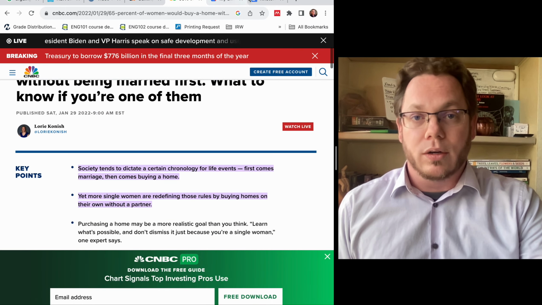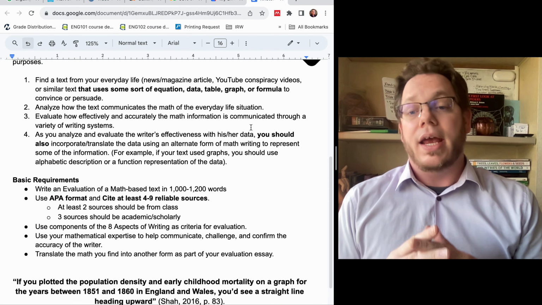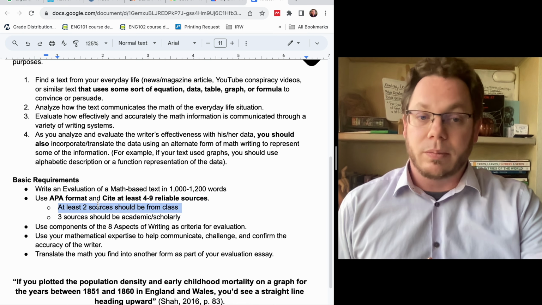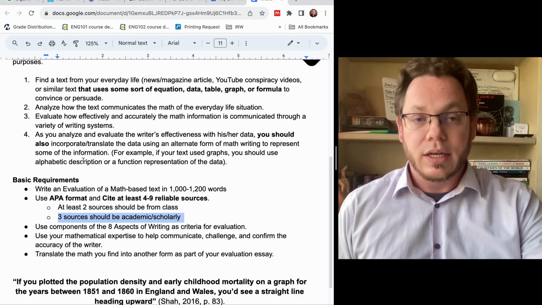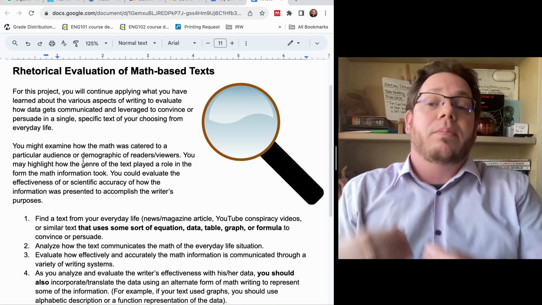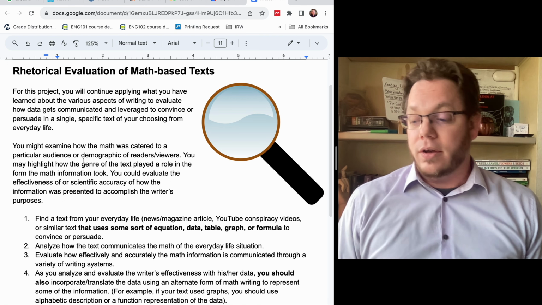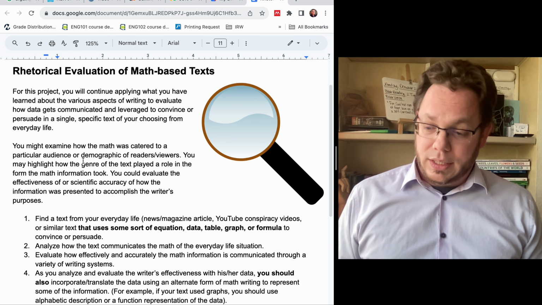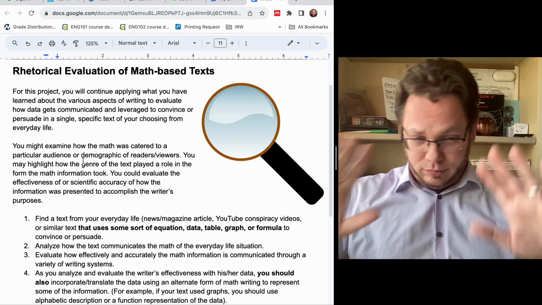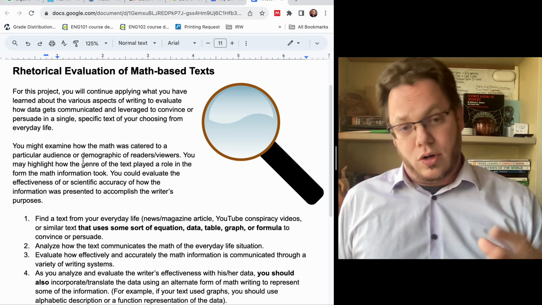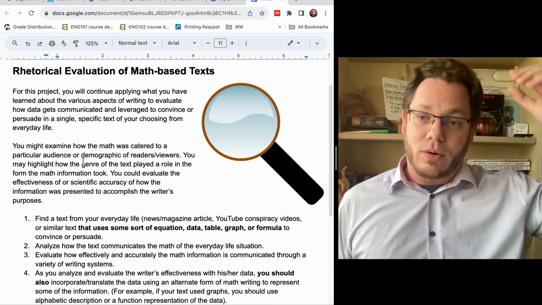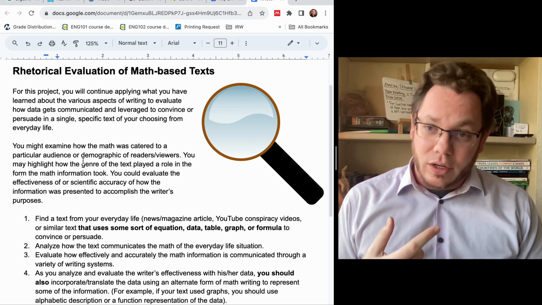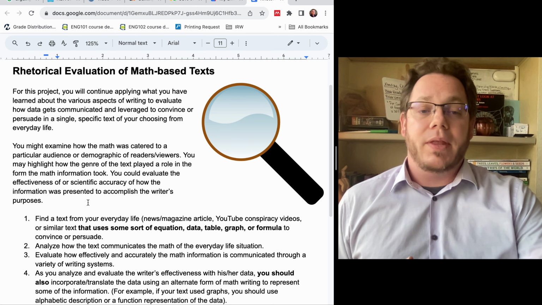But again, we're looking for math-based texts, and the research we're going to be doing as we use these 4 to 9 reliable sources, some of them from class and 3 of them should be academic and scholarly. When we're choosing these texts, we need them to be doing something with the math, not just giving us raw data, but helping us consider a perspective, whether that's to open up possibilities, even if they're doing it in a very gentle way, or whether they're throwing out a strong argument, like a conspiracy theory video saying, here are the stats that make me believe this, or why you should believe this. We can do fact checking as part of this project,